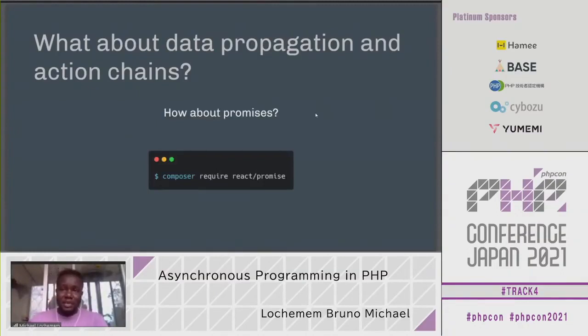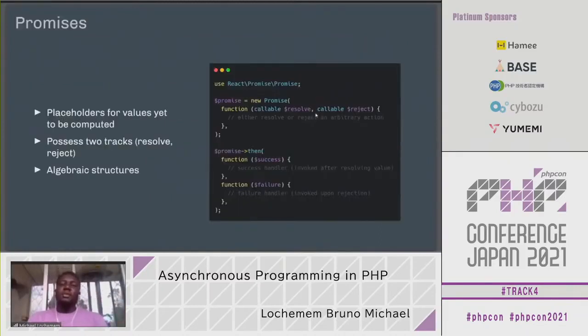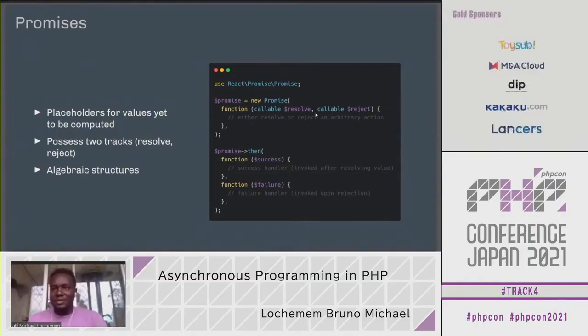And there's a nice promise library maintained by the folks over at ReactPHP. Now, what is a promise? A more technical definition is that it's a proxy mechanism for handling undetermined data. It's essentially a placeholder for values that are yet to be